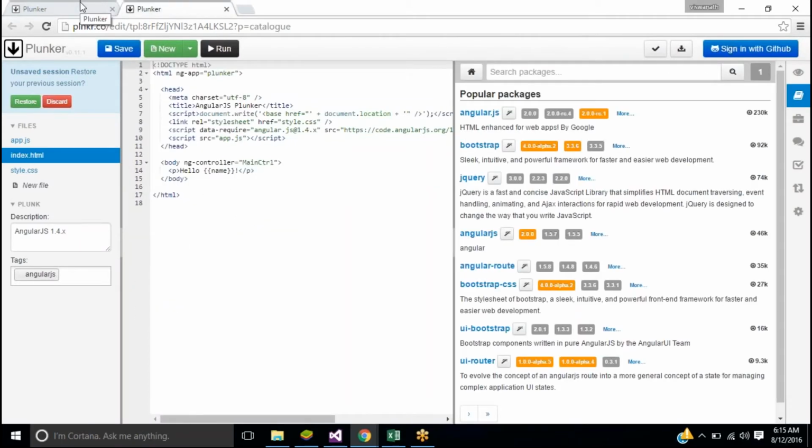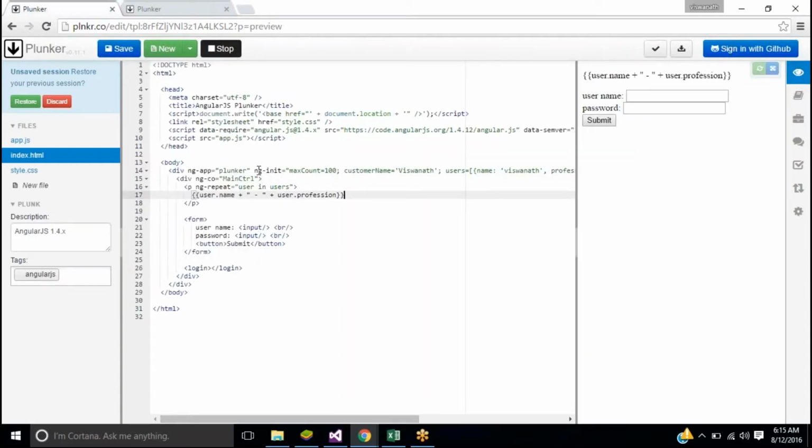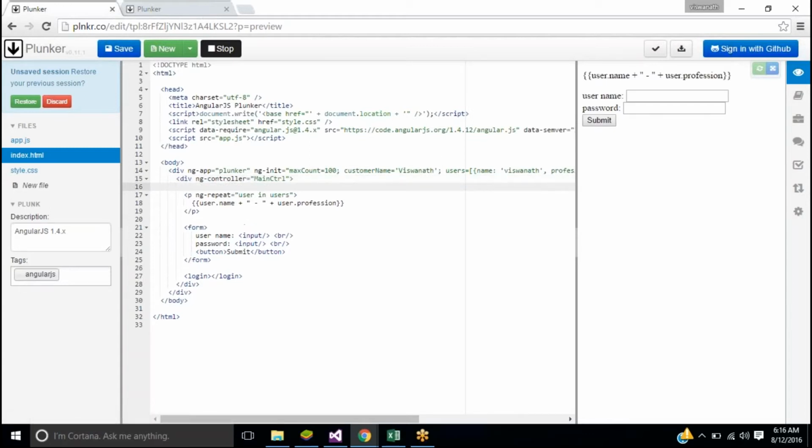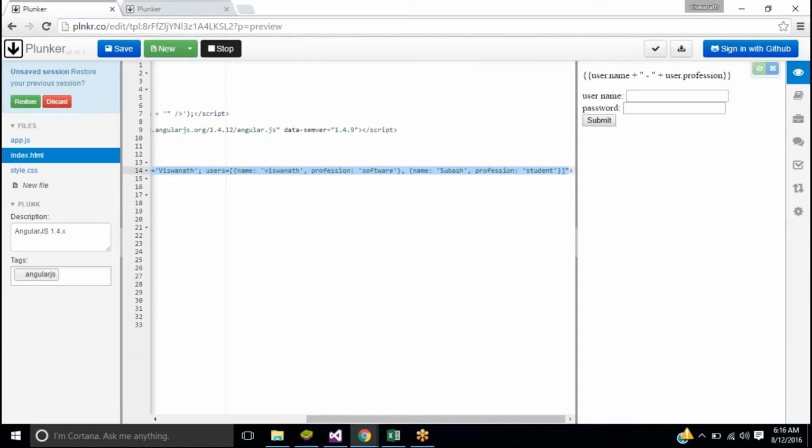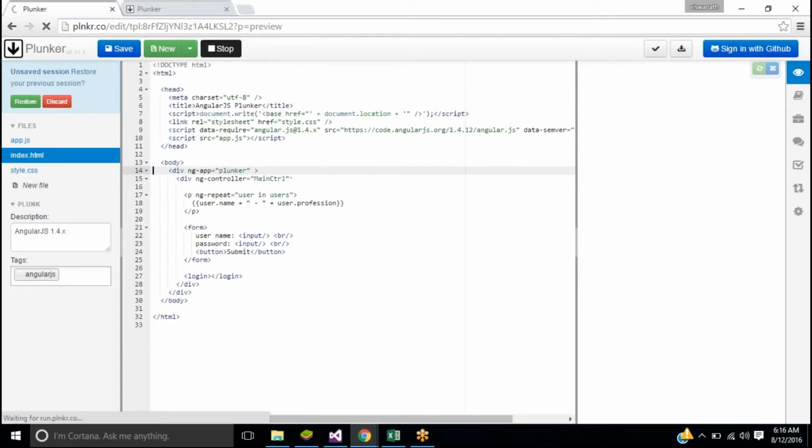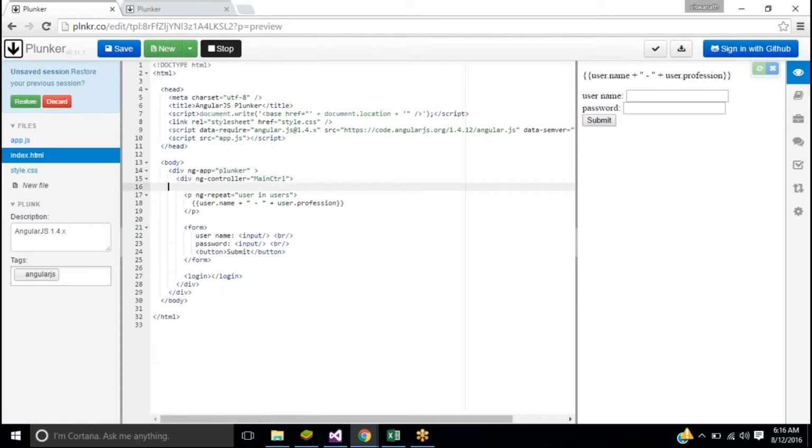Controller only, right? Controller is equal to main controller. But why is it cribbing? Oh, we do not have anything based on controller, right?